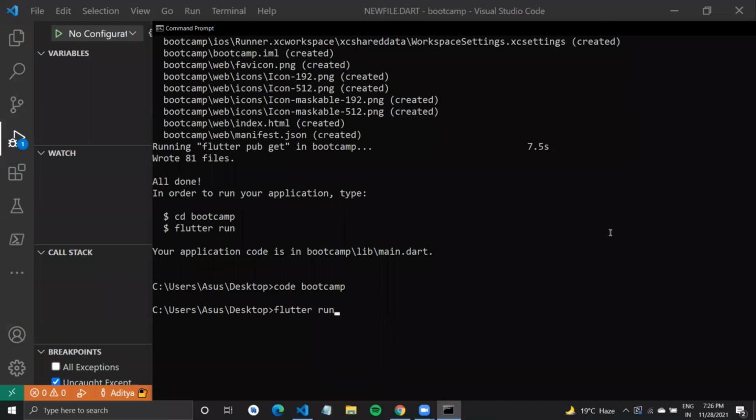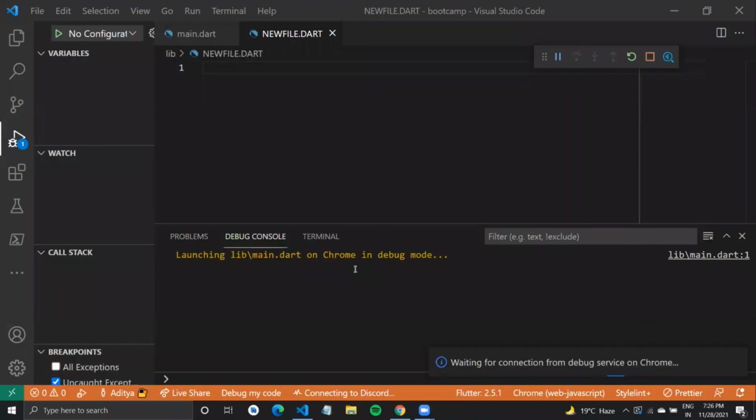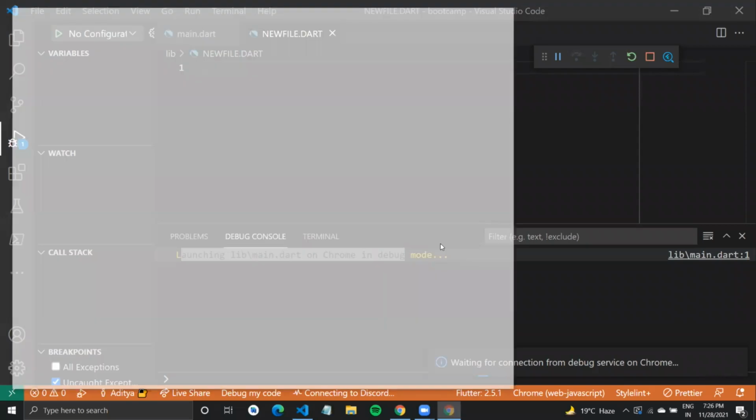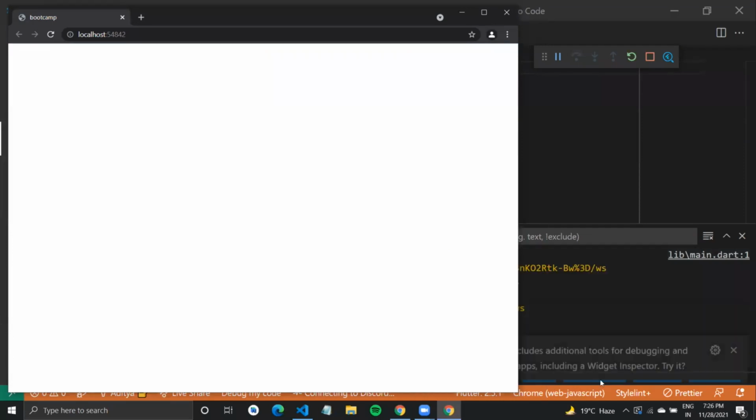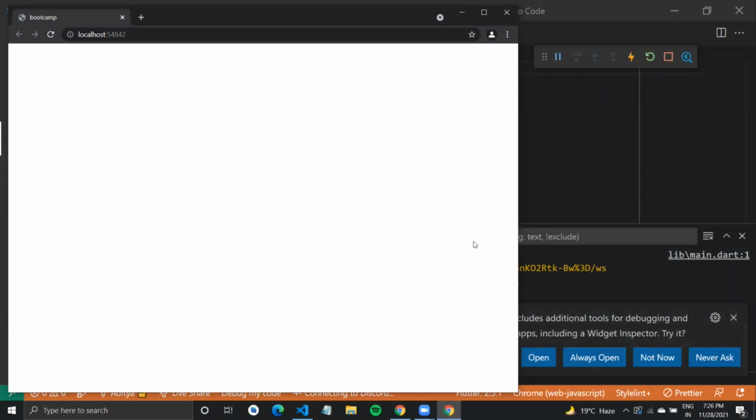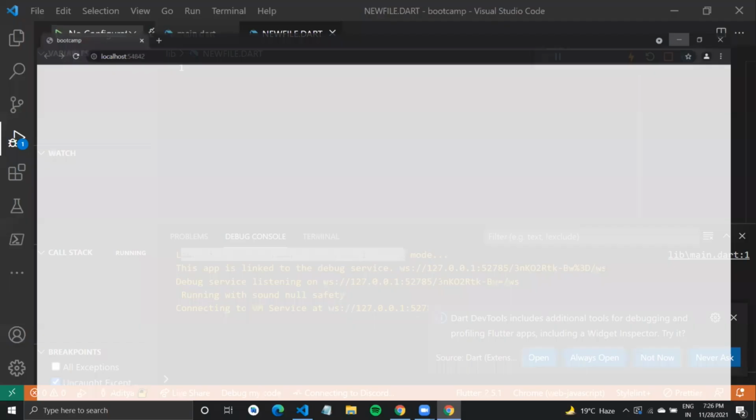But for now, I'll just close this. Right now, Flutter is building the project for Chrome. You can see launching lib/main.dart on Chrome in debug mode. Similarly, if you had an Android emulator connected, or an iOS simulator, it would run the project on one of those platforms. You can also change the platform from here. Right now, you can see two devices connected. One is Chrome, and the other is possibly the built-in web browser by Microsoft.